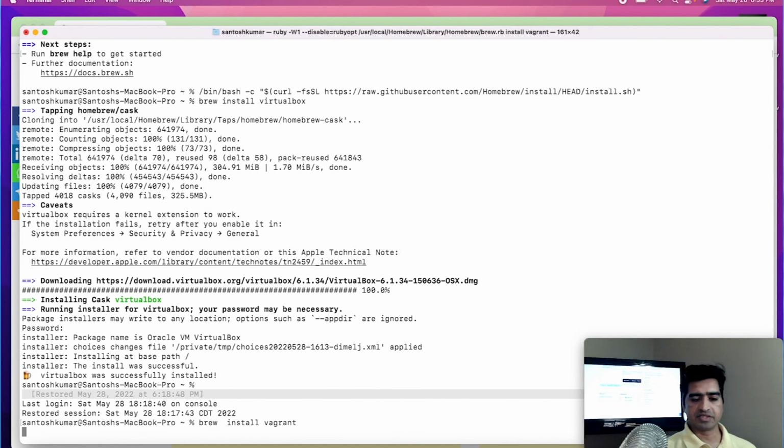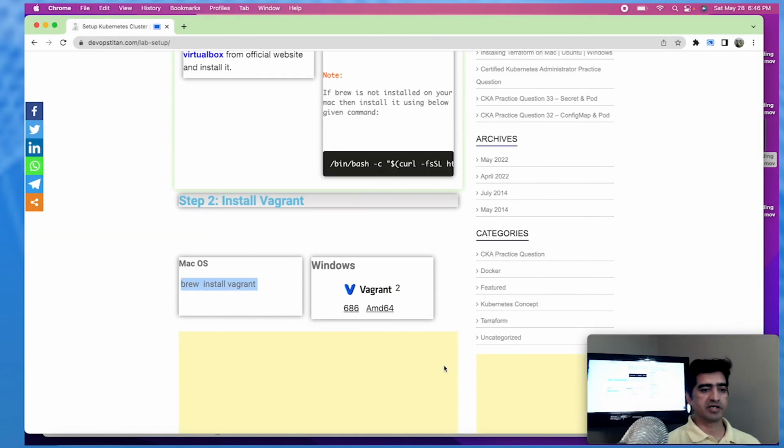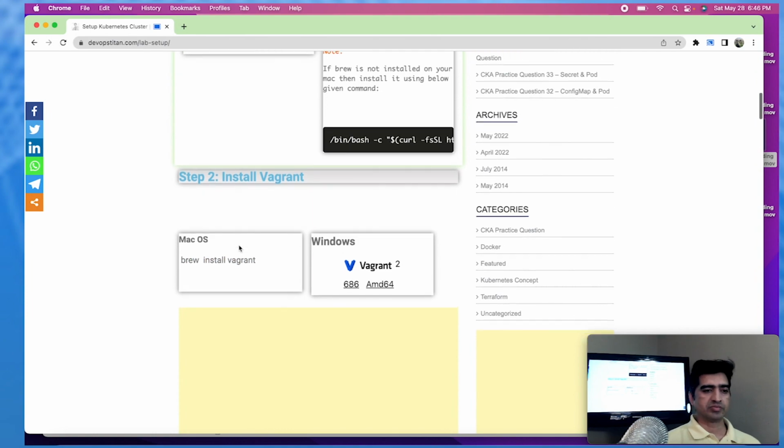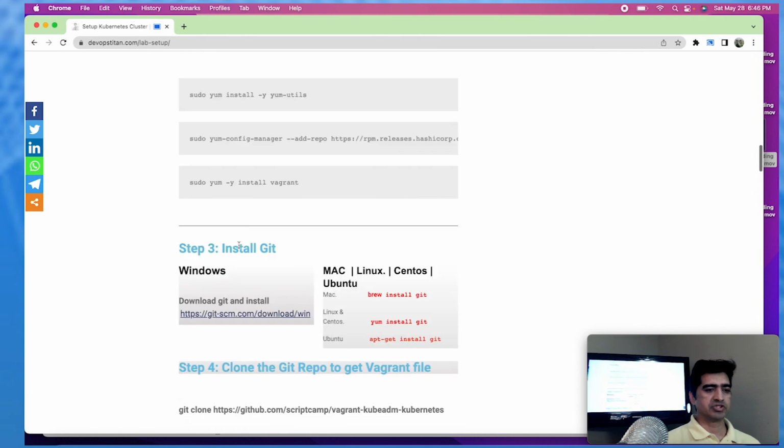It's not going to take much time. Maybe got a successful message. Vagrant was successfully installed. So let's go back to our blog, and second step is also completed. Now the next step is installing Git. Okay, this command is also simple,